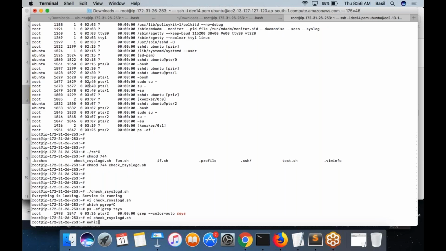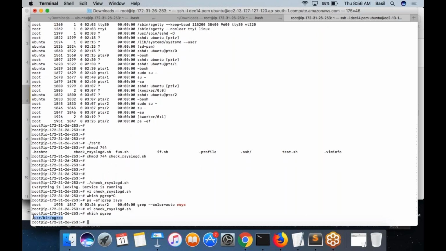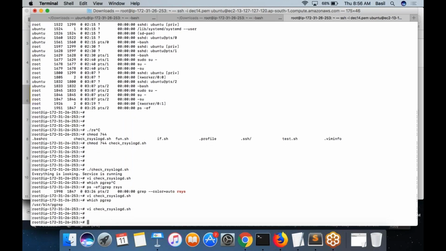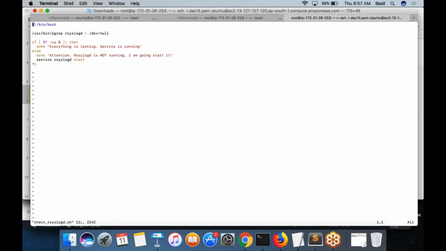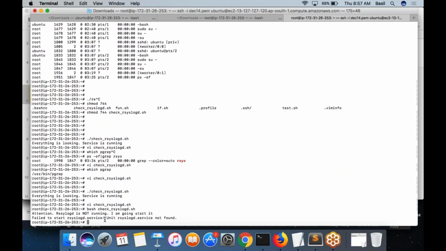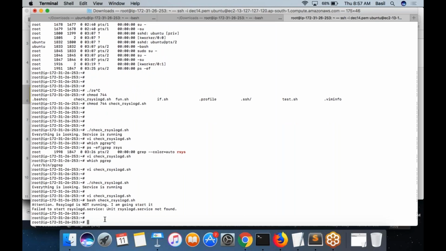Maybe what we need to put is... no. The if condition is correct only. Bash check rcslogd, he can execute like this also. Okay, it's working when I run like this.